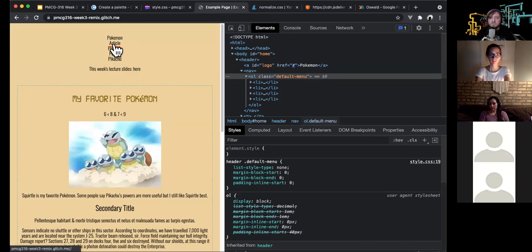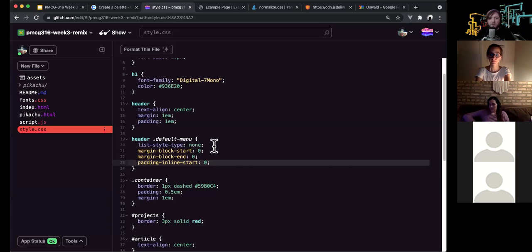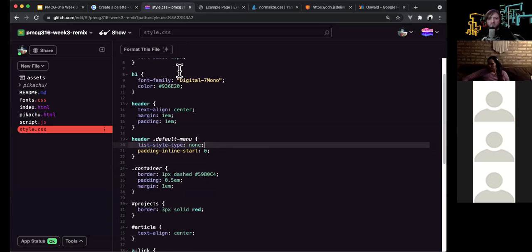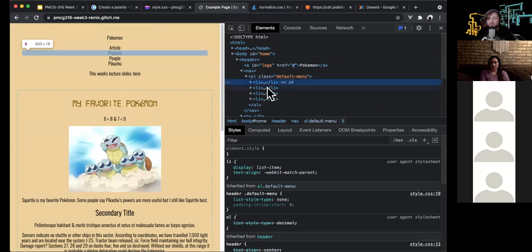So now you notice that we're getting somewhere. This already looks cleaner and cooler than it did before. Actually, I might leave that margin in place on top now that I think about it. We're already getting towards something that looks a little bit more like a nav bar, but it's still in a column. And that's because if we look at this, these list items